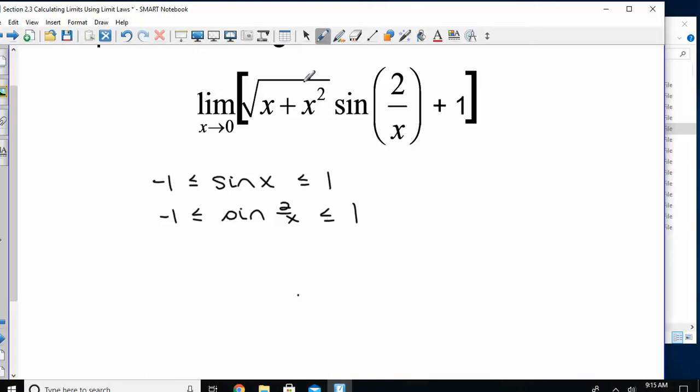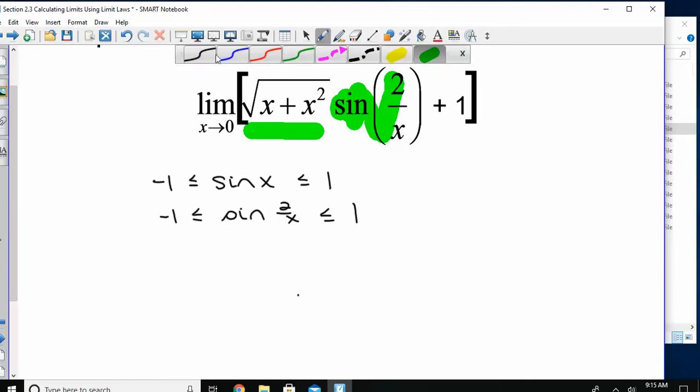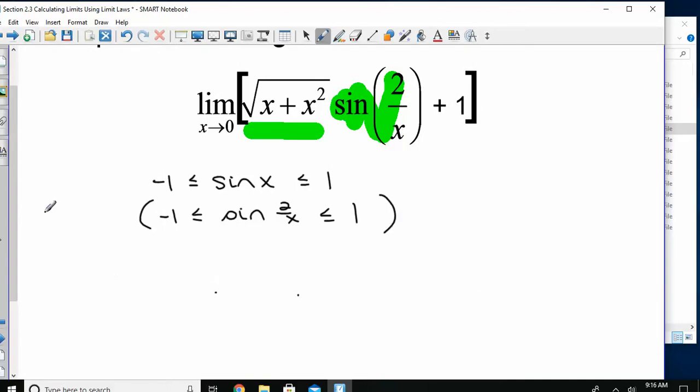Alright, so I'm working my way out. We've got this much. What do I need next? I need that radical. It's a square root, so is there any chance that thing is negative? No, so it's okay to just multiply it in. If it was something that would be negative, then you would have to turn around and do left and right hand limits. And it would kind of double your work. So if we do that,